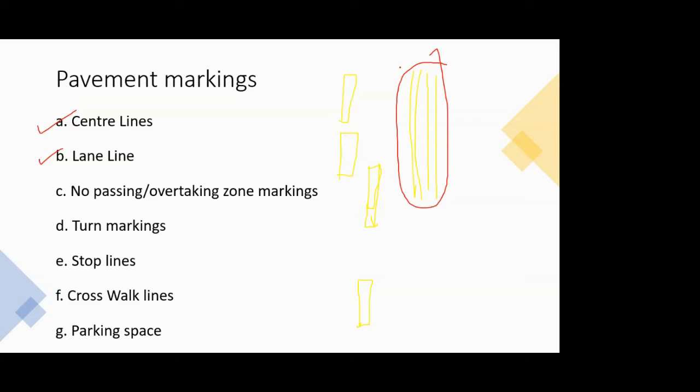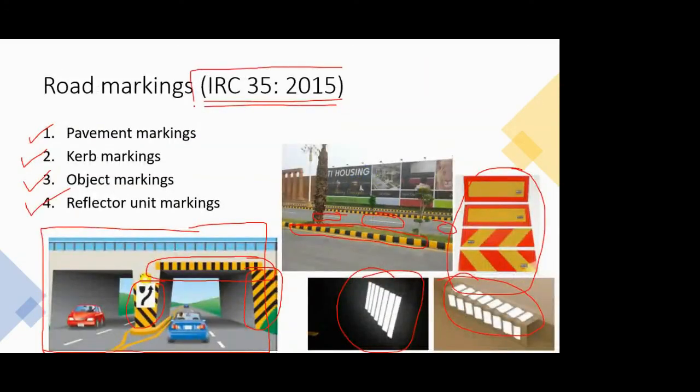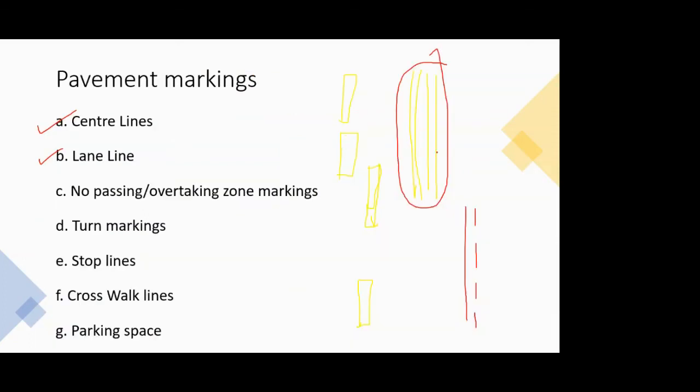So I am very sure that almost 99% of the people don't know the meaning of the road markings, why it is a continuous line, why a double continuous, and sometimes you have one side continuous and one side dotted or dashed line. So this also has a different meaning. Okay, so when you go through this IRC code, you will come to know which markings you have to follow in what way, and that will make life easy for you whenever you travel on the road next time. I'm very sure about it. Okay. So just go through that IRC code.